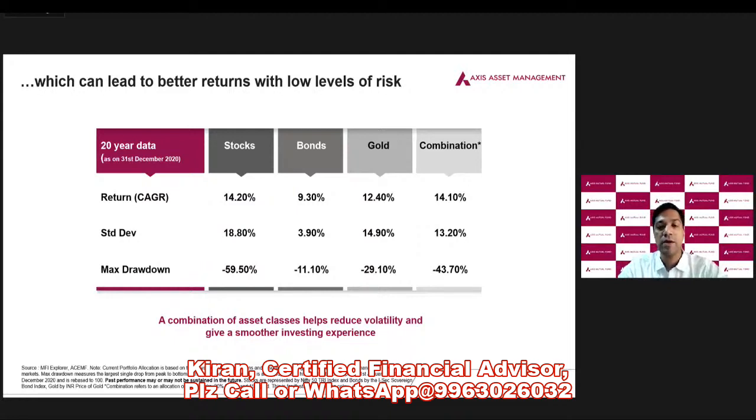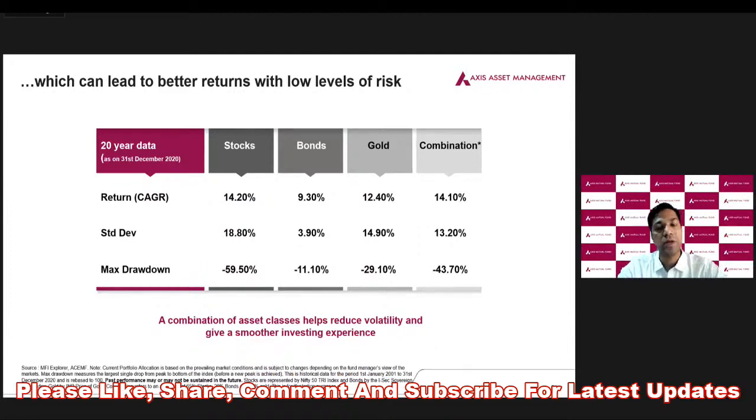Bonds, on the other hand, while they have lower return, are much, much lower on risk. Gold typically is somewhere in between. Now, when you combine these in a particular mix, this is just one sample mix that we have taken, there can be a host of different combinations which are possible. So when you combine these in a particular mix, then what you see is that you get